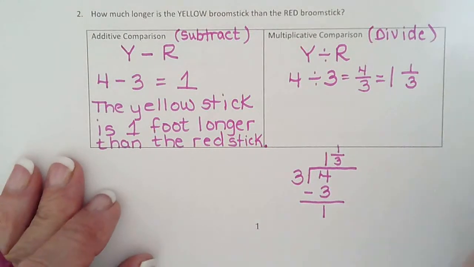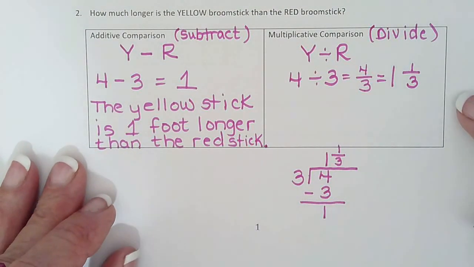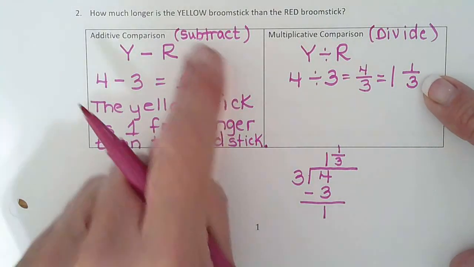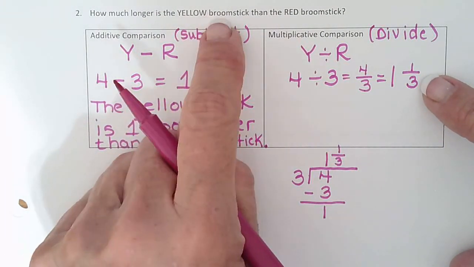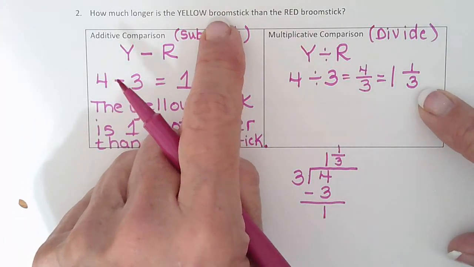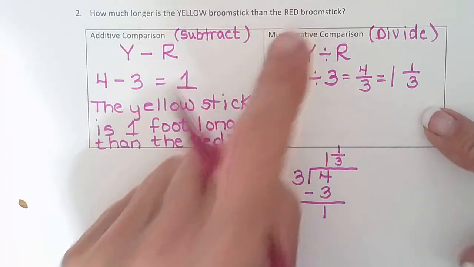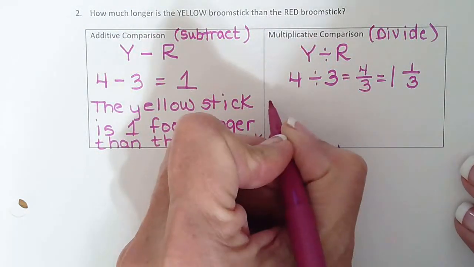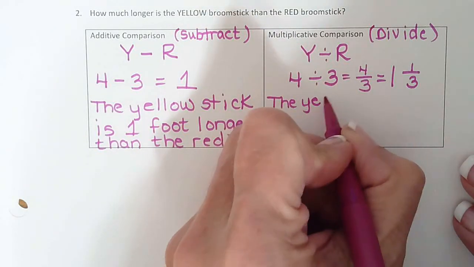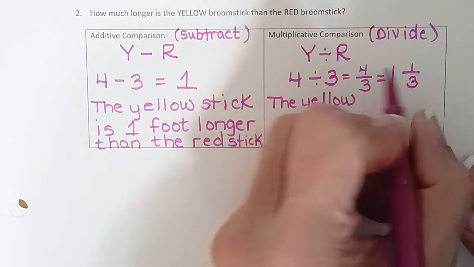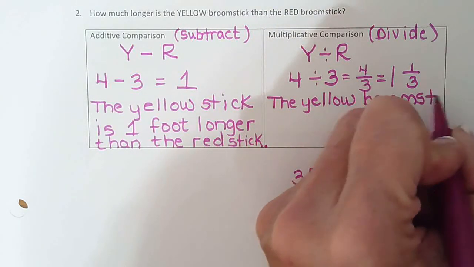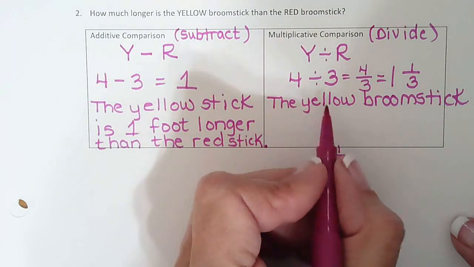So now to put it in a sentence, and there's a lot of writing on this next test, so you have to be sure to be able to put it into a sentence. We would say the yellow broomstick is 1 1/3 times longer than the red broomstick. So the yellow broomstick is 1 1/3 times